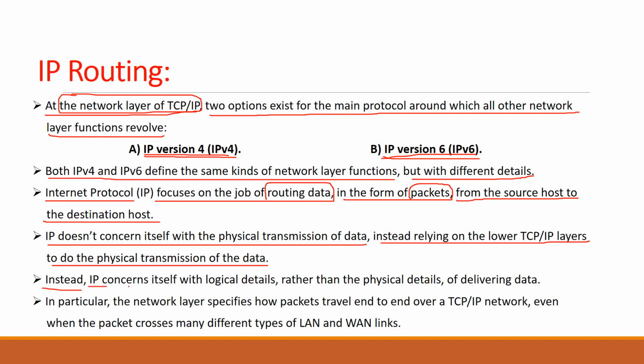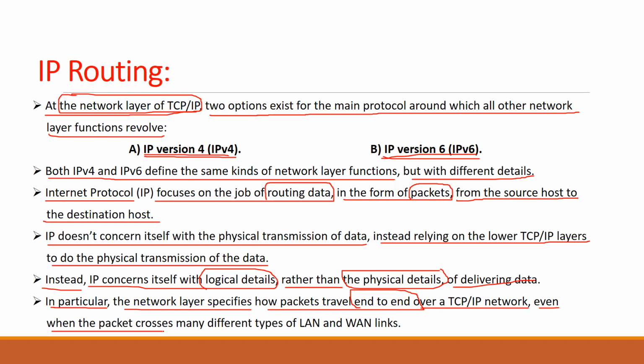Instead, IP concerns itself with logical details rather than the physical details of delivering data. In particular, the network layer specifies how packets travel end-to-end over a TCP/IP network, even when the packet crosses many different types of LANs and WANs. So, if we have a host here and a host here,